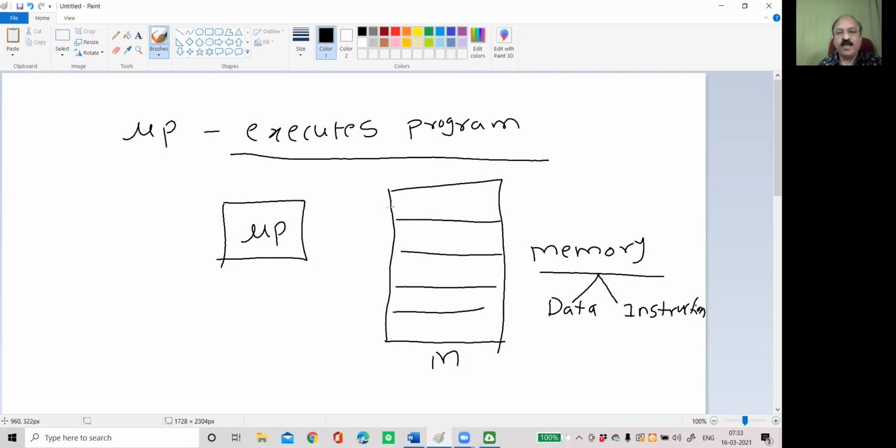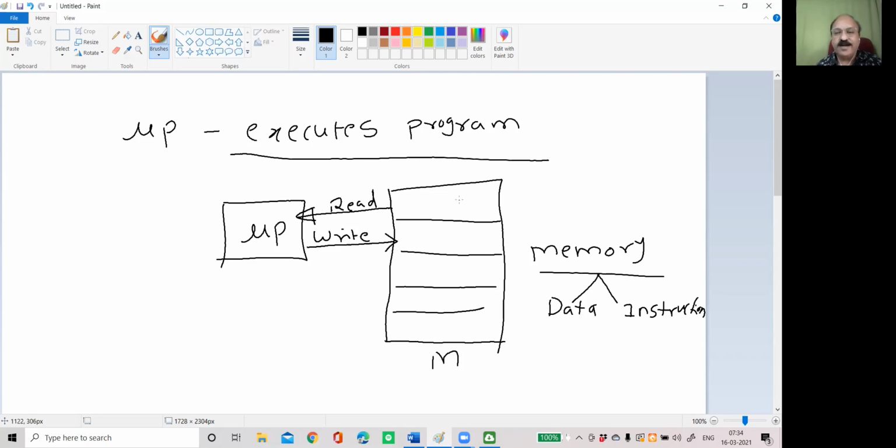One is when the information is taken from memory to microprocessor, it is read cycle. And when the information is given from microprocessor to the memory, it is write cycle. So there has to be a signal to be given. There has to be a cable. There has to be some media through which this particular transaction will happen.